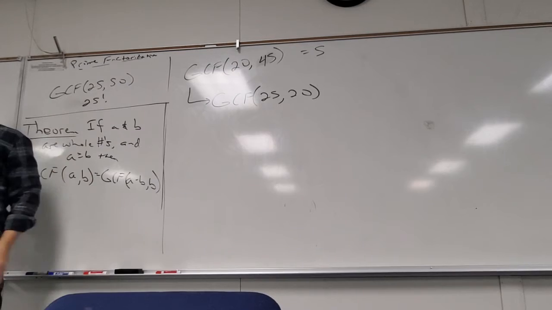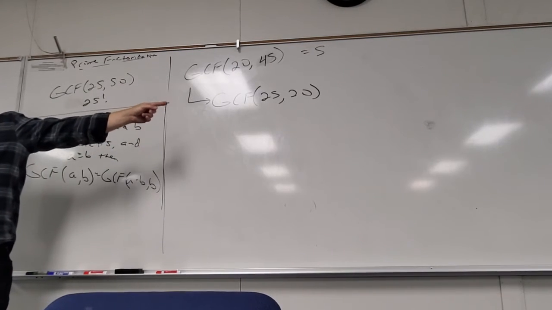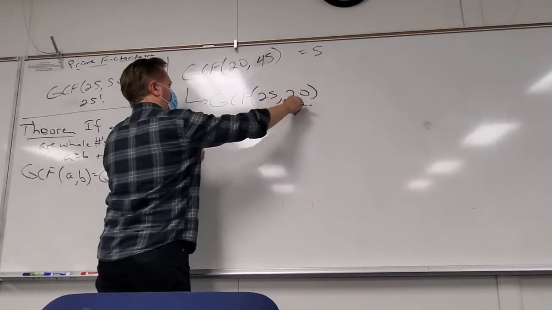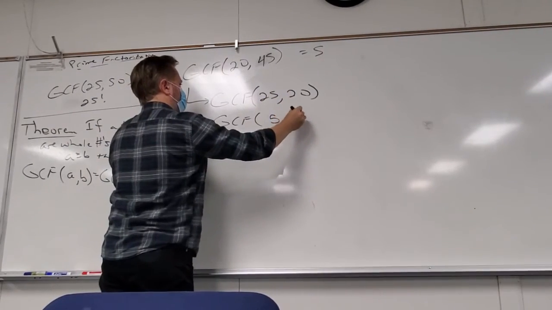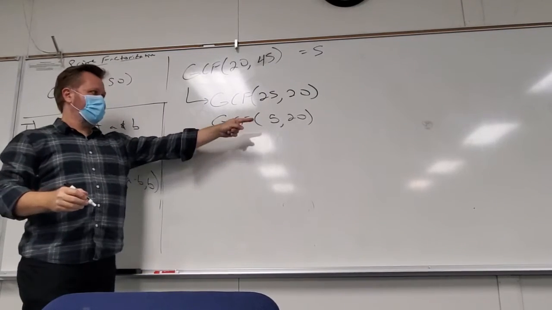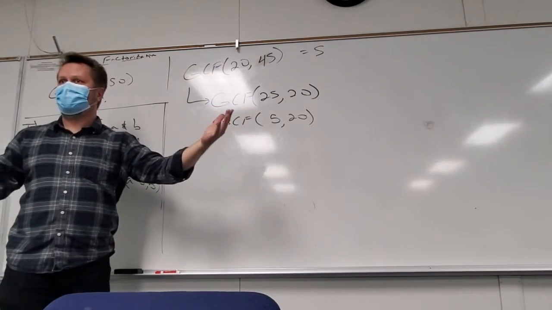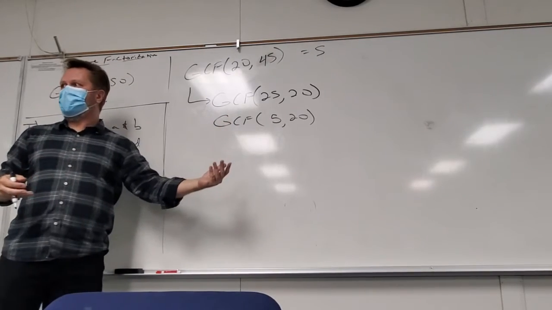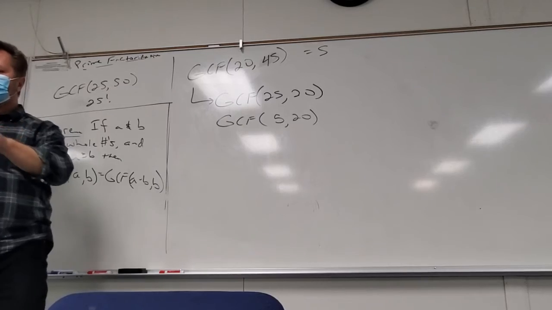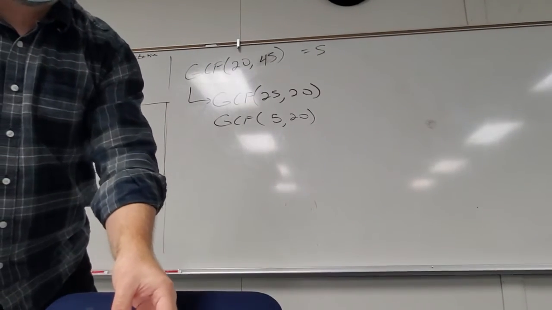Now I could do it again if, can you already see it's 5? Right? But if I do it again, 25 minus 20 is 5. Right? The answer is definitely 5, obviously. This is the only thing that goes into 5. I could keep going if I wanted to, but that's what this theorem says. So when is this theorem really going to be useful? Well, what if I had